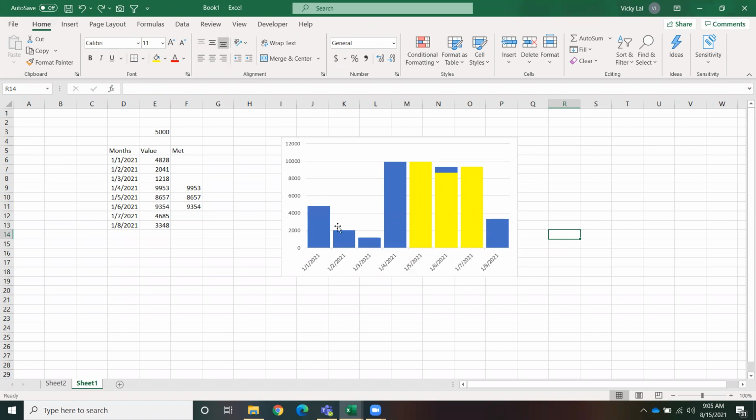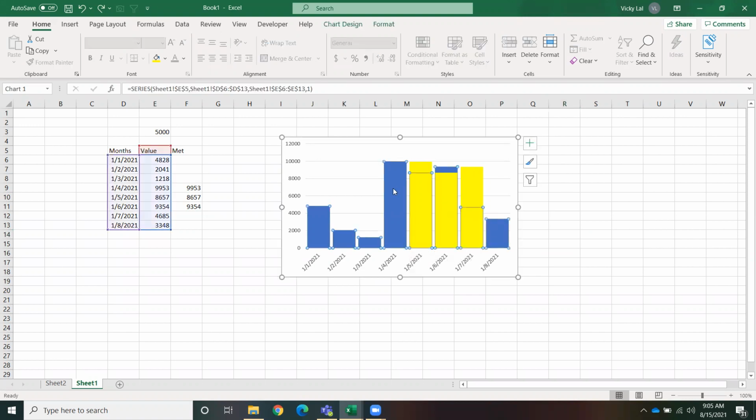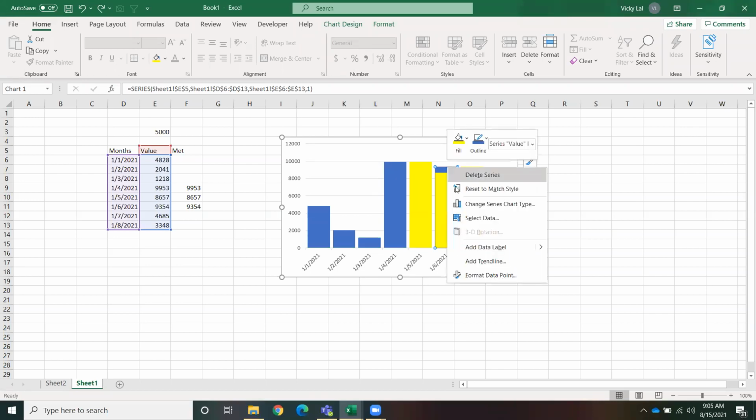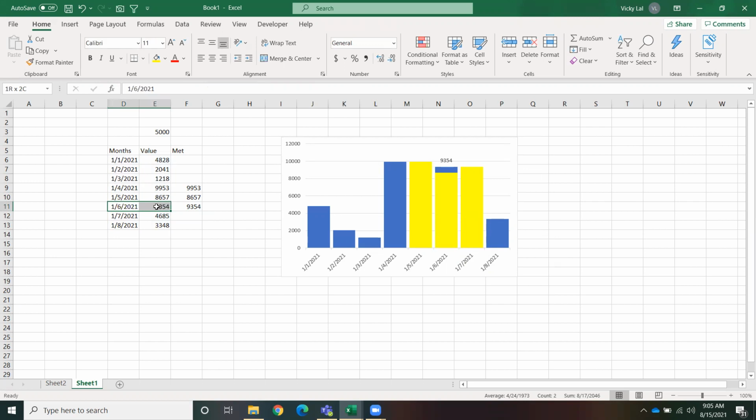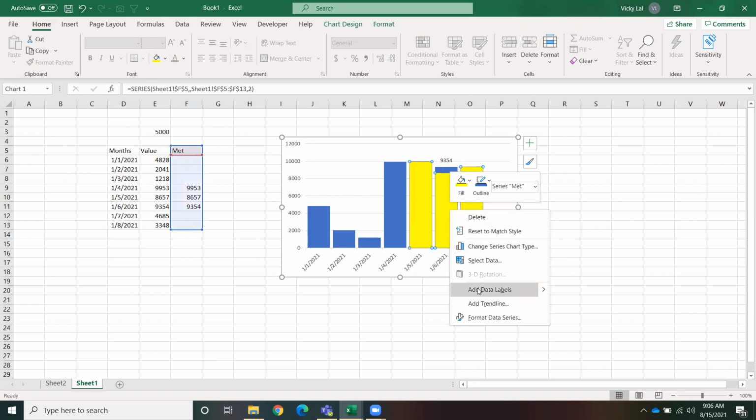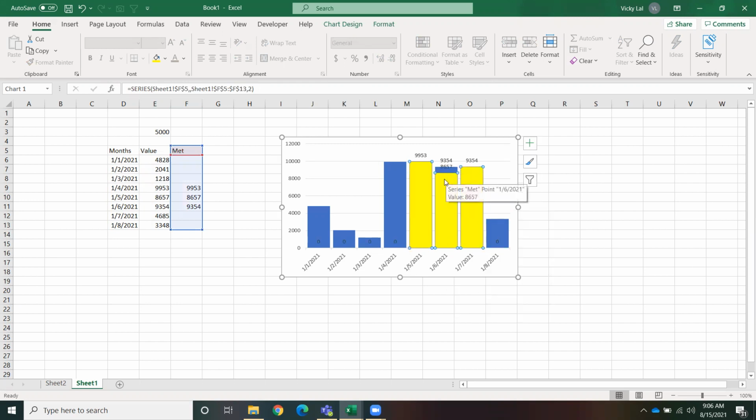Click on this blue bar, add data labels. 9374 is showing, that is the reason. So this is all 9354. Blue also, add that label 8657.